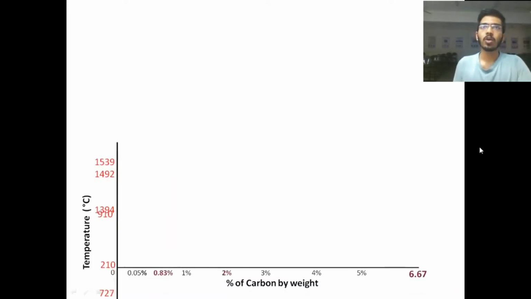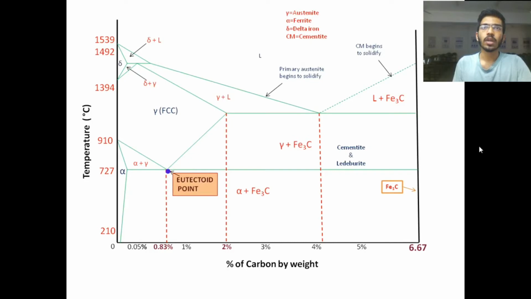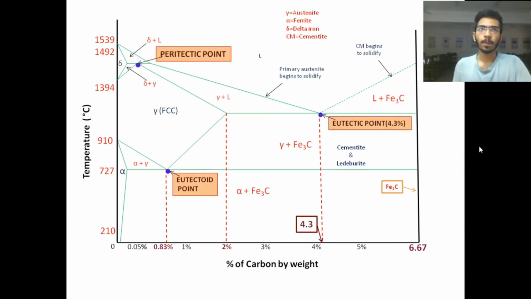During the cooling of an iron and carbon alloy from the molten state, a number of reactions take place. That is, reactions occurring during liquid to solid and solid to liquid. There are three major reactions: the eutectic point, eutectoid point, and peritectic point. The peritectic point contains the addition of solid and liquid at constant temperature, and it gives a solid, such as delta plus liquid gives gamma at 1492 degrees temperature. When we see the eutectic point and eutectoid point, let's see the eutectoid point first.